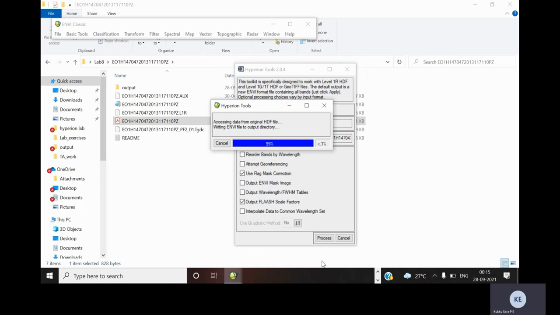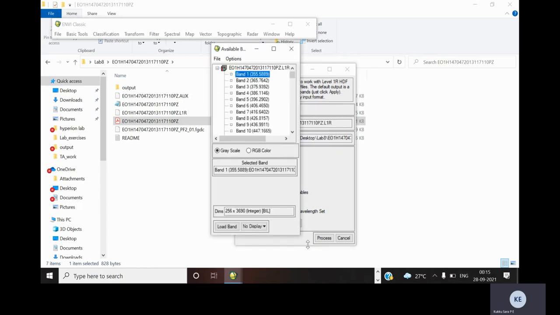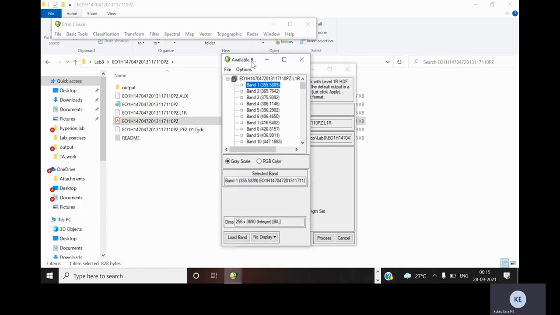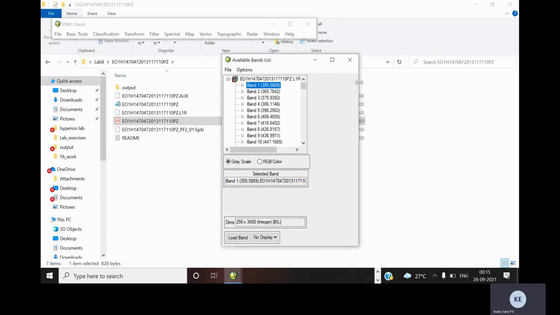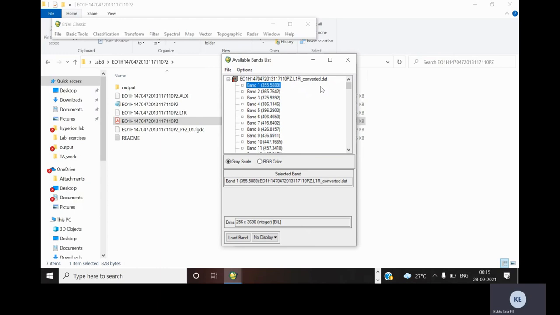So this is converting our HDF file to ENVI format. In the newly opened window, you can see that all the available bands for our selected file are listed here in the available bands list window.